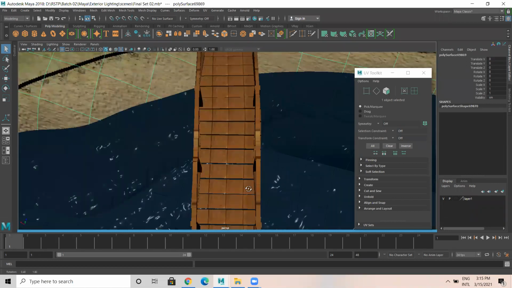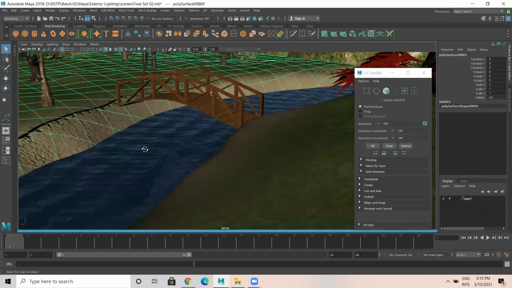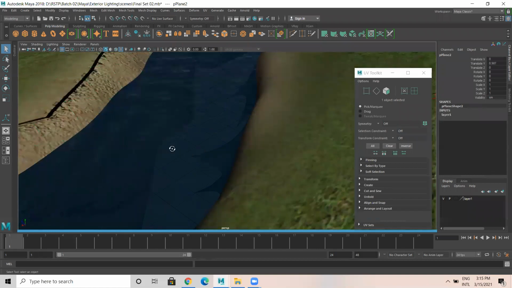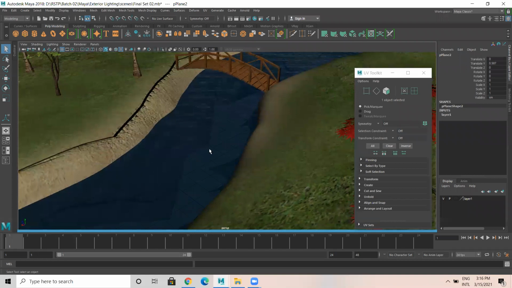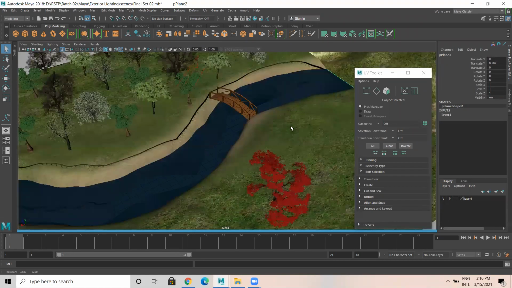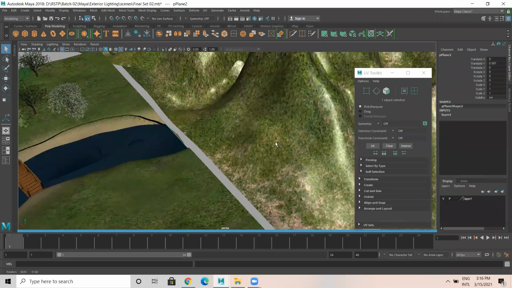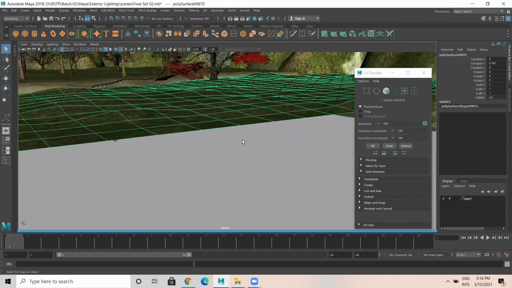For the bridge model, we have placed a wooden texture. And there is this water surface. There's a water bed here, which we have created, and we have used the default ocean shader for this. The set is completely different like this.